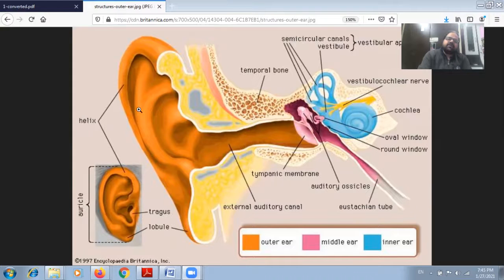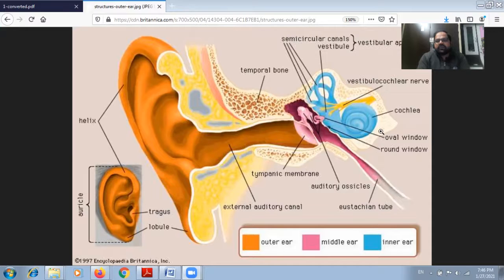This color is representing the inner part of the ear. The external part of the ear is comprised of this cartilaginous structure, which is called the ear pinna, and there is a canal. This canal or tube-like structure is called the auditory canal. After that, the middle ear is there, and the middle ear is composed of a membrane, three ear ossicles or three small bones, and the three bones are present inside a cavity, and that cavity is connected with a tube. That tube is called the eustachian canal or eustachian tube, and again two membranes are there.